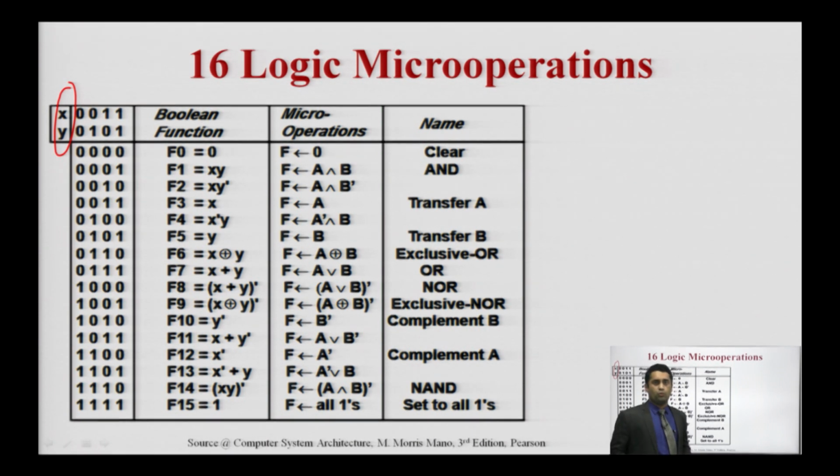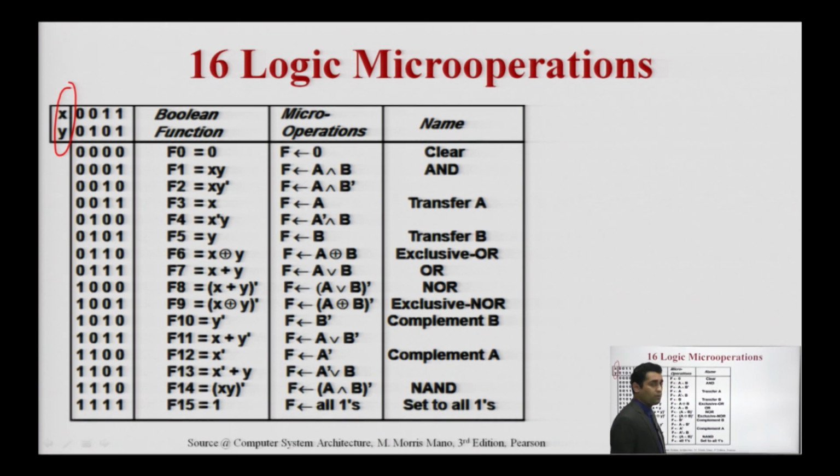This is an important one. Whenever we are going to do some other operations, sometimes we say, okay, clear this value, clear this register. So in this case, F0 is required. Here we are not using any arithmetic operation because there is a logic operation available which we use to clear things. Like a sequence counter or a program counter, currently it is clear, and then we are going to add the address of the next instruction in the program counter. So these types of operations we can use with the help of clear.